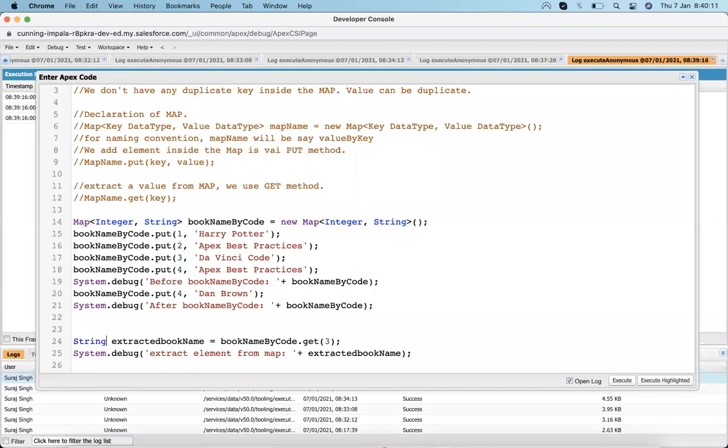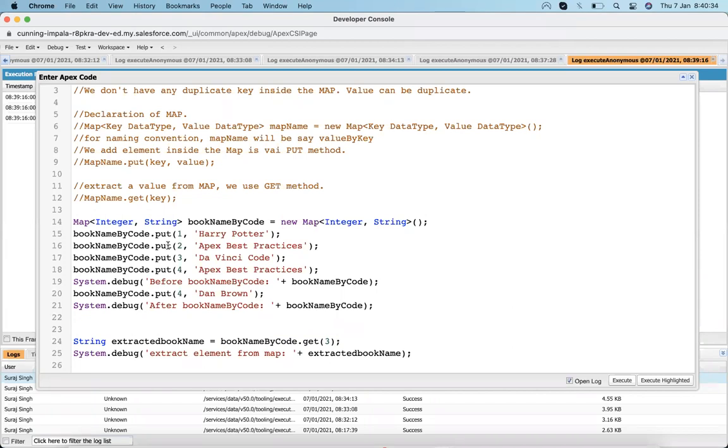We need to make the variable the same data type as the value, whatever it may be, that we get from the map.